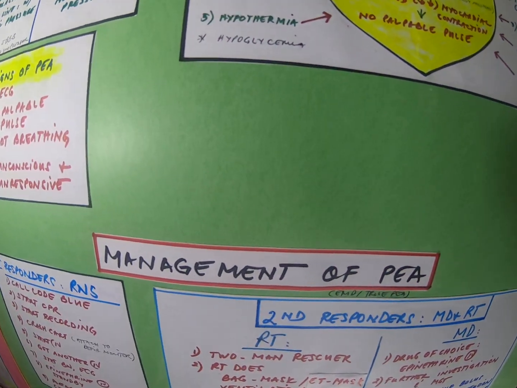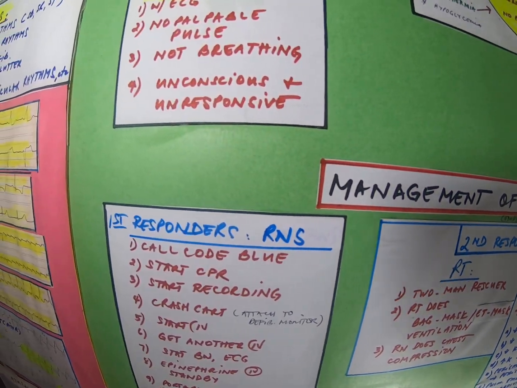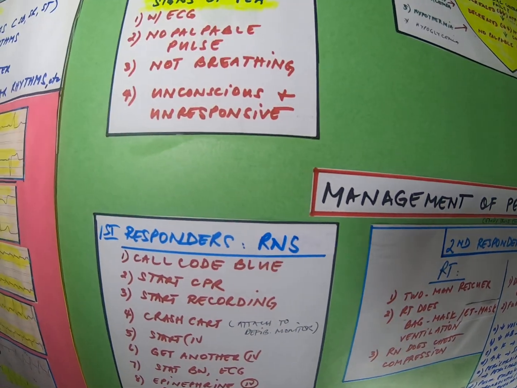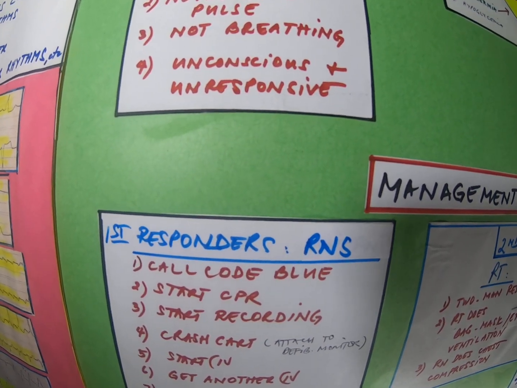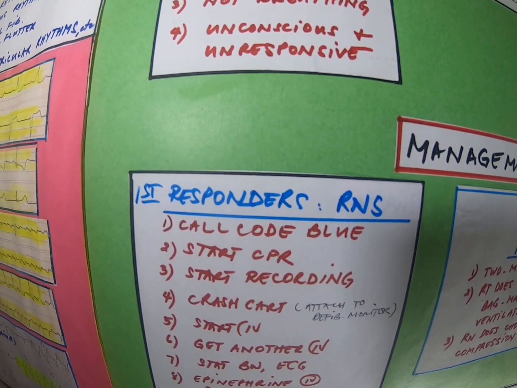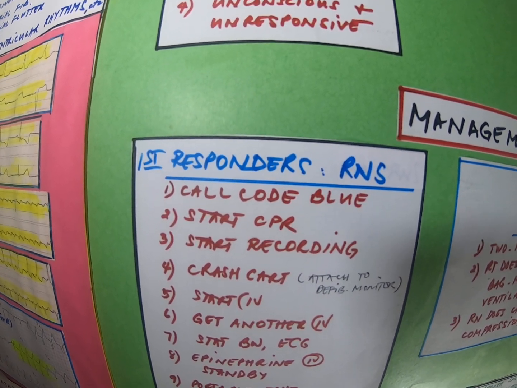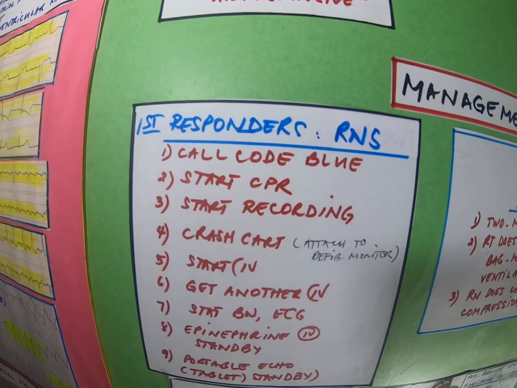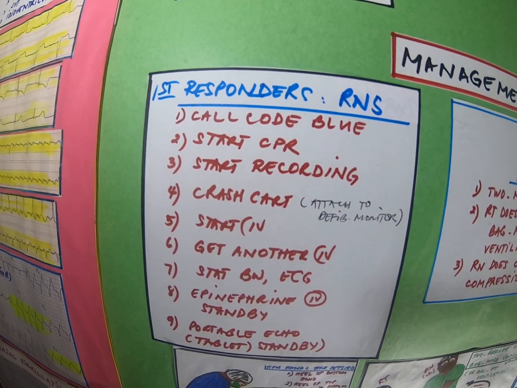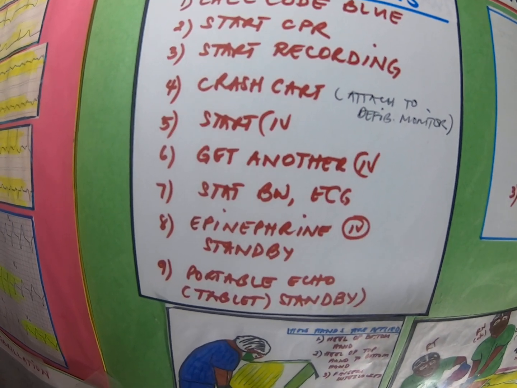Now, with regards to the management of PEA, there are several groups that deal with this problem: the first responders, the RNs, the doctor, the respiratory therapists, and the nurses. They work as a team. One will call the code blue, one will start CPR, one will start recording, one will bring the crash cart and hook the patient to the defib monitor, one will start an IV and get another IV site, one will request stat blood work, ECG and chest x-ray, and one will prepare an epinephrine IV on standby for use by the doctor. There is also the portable echo machine that will be used by the doctor